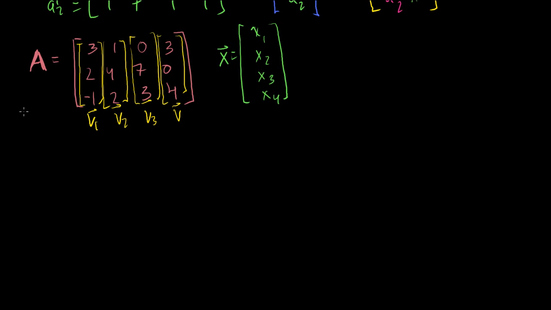Then we could rewrite our matrix A as just a bunch of column vectors: vector 1, vector 2, vector 3, and vector 4. So how can the matrix multiplication be interpreted in this context? Well, what did we do? We multiplied